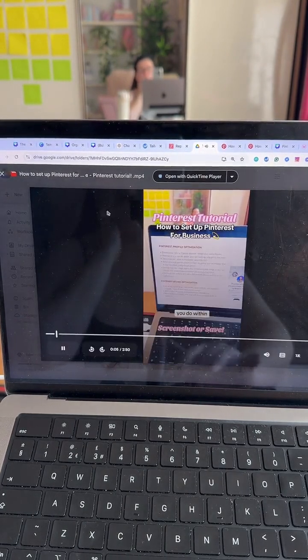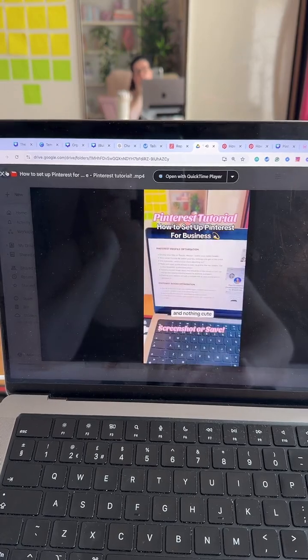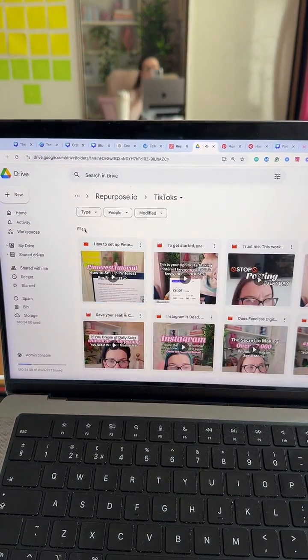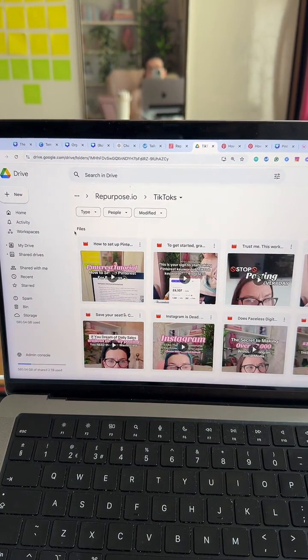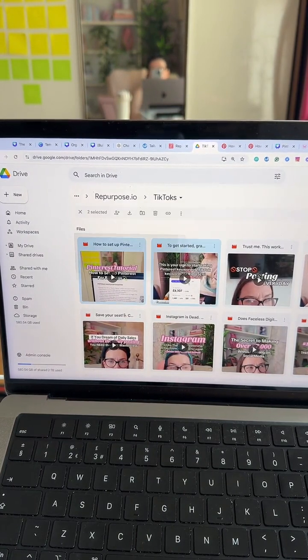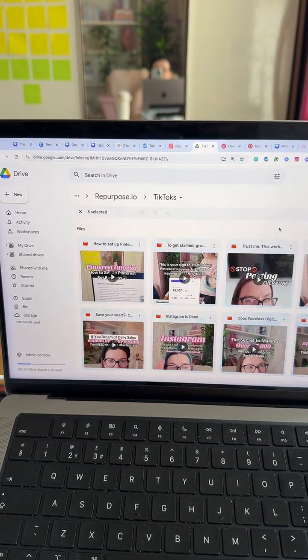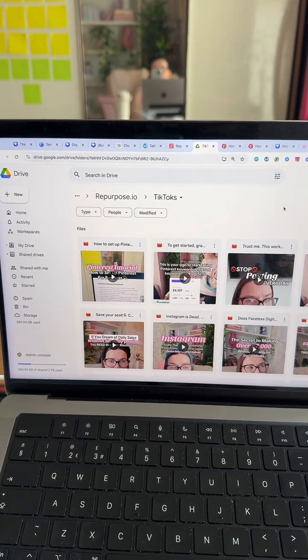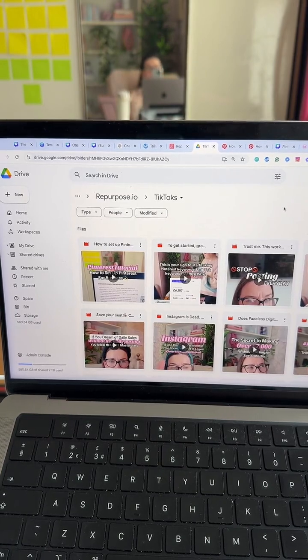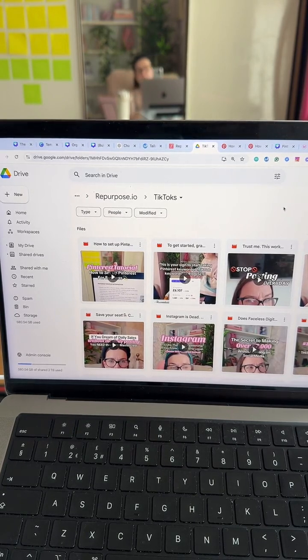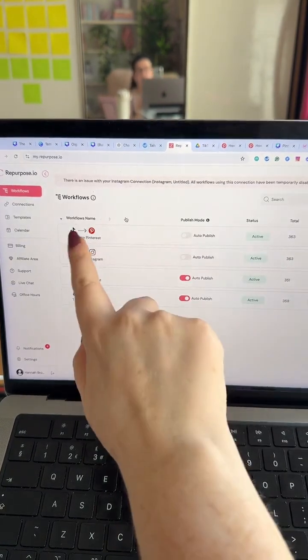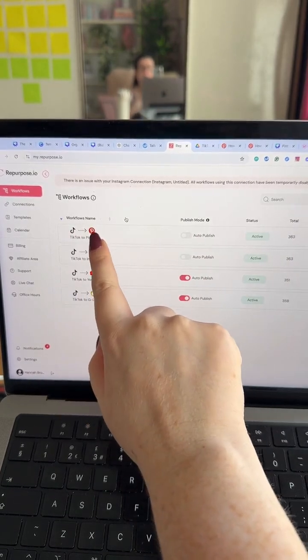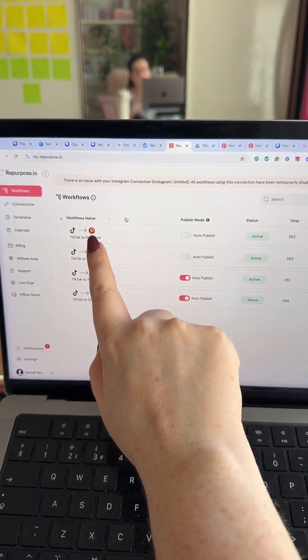So what I would do is I would download, close it down. I would download all of the most recent ones. I normally go and do this like once a month. So I'll literally go and highlight them all, download them all, and then upload them to Tailwind so that I can add in pin titles and pin descriptions and the right links, and so that I can put them on multiple boards. There is an option, if I wanted to, to have TikTok automatically pin to Pinterest for me.